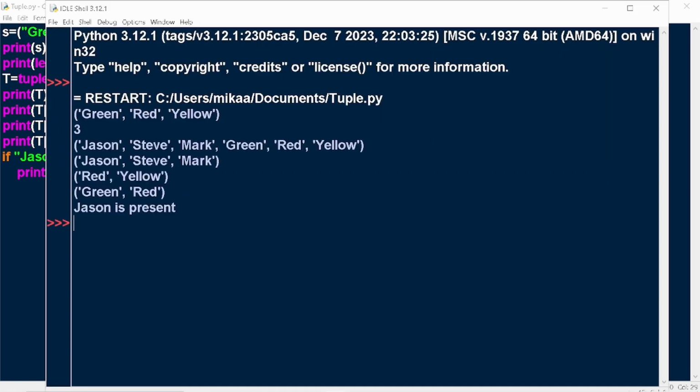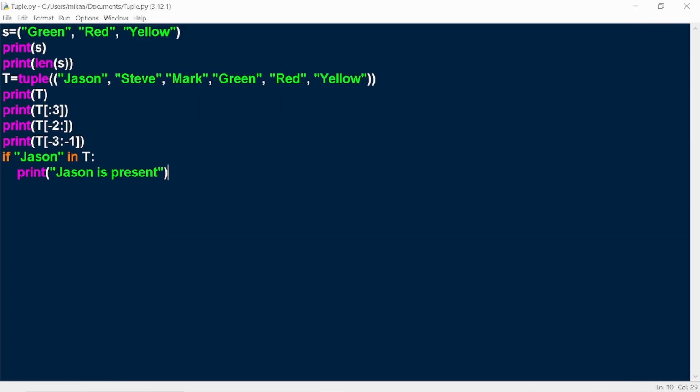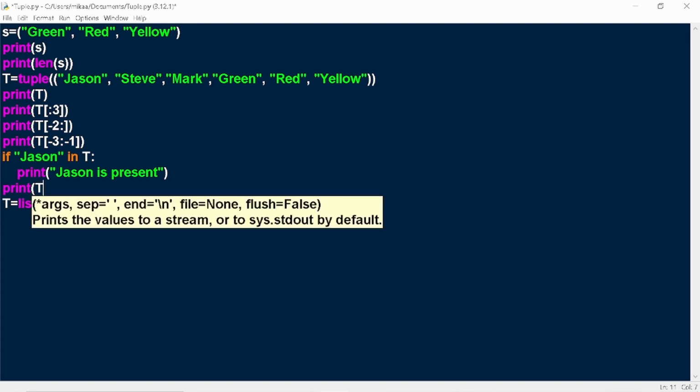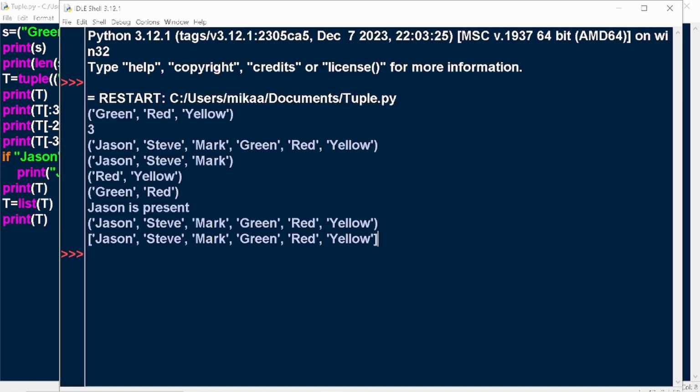So Jason is present is printed over here. Now what if we want to change some values inside a tuple? For that we have to convert the tuple into a list by using the list function, the list constructor, and we write t over here. If I print t, first the tuple and then the list, you can see that here the values are printed as a tuple, and here